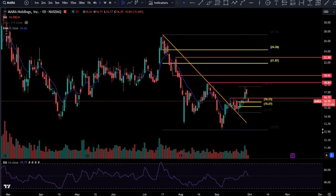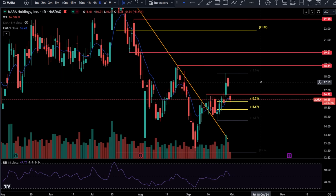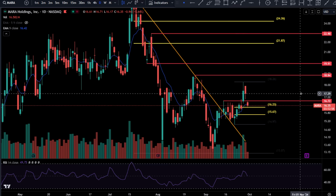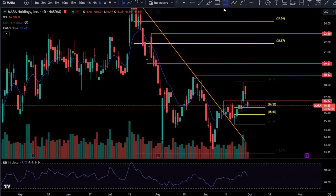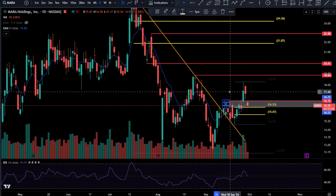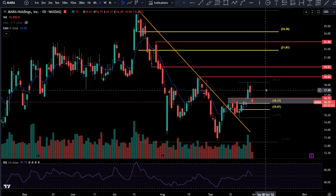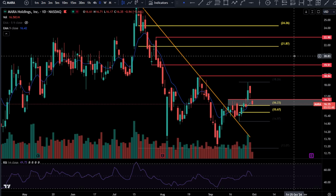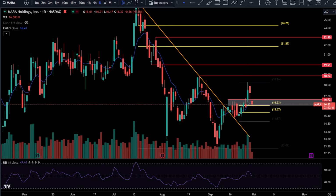Okay, Mara, how are you looking over here? You're pulling back into the golden pocket here, so that's good. All right, you're finding buyers so far. You got the daily 9 sitting right there. Did not hold that 16.72 breakout level like I was hoping for, though. We'll just actually create a zone here. All right, so that's the zone you want to be holding. It looks like you still are probably going to come up to 18.84,